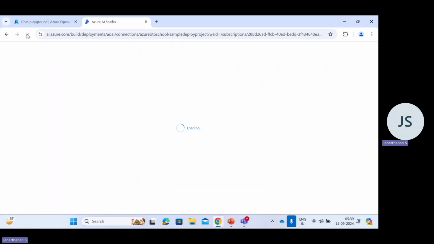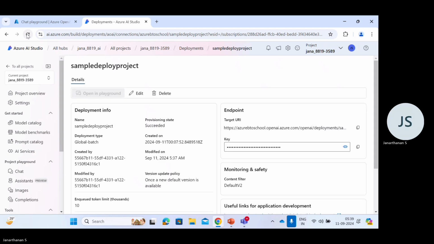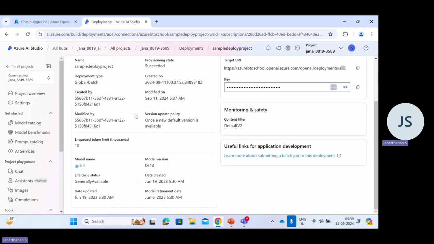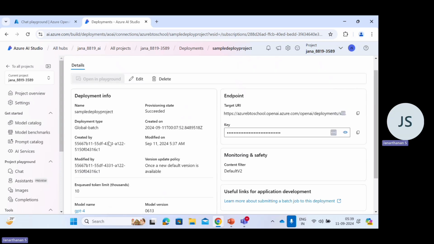Still it is loading. What we will be doing in the meantime, till it is loaded,